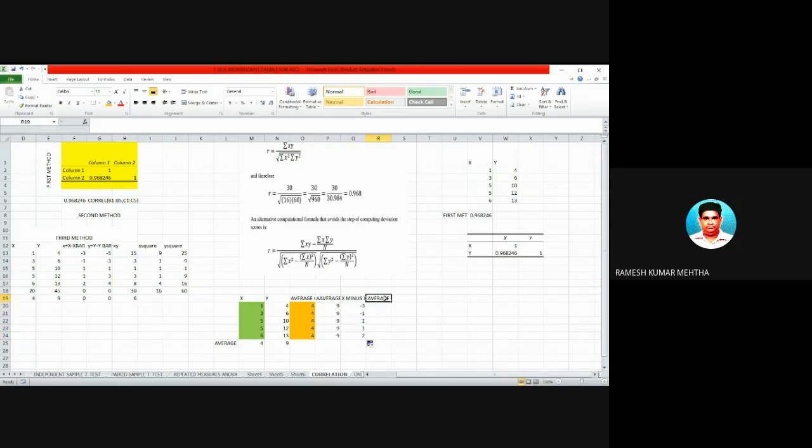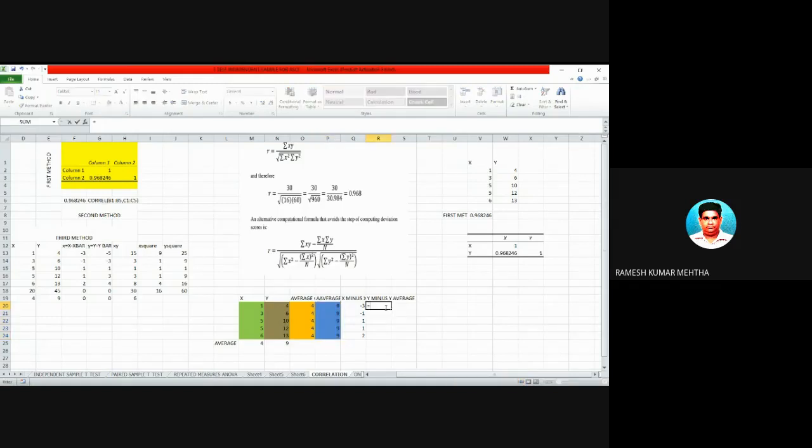Similarly, you have to find out y minus y average. So you got y average as 9. These are the figures, the data of y. This is the y average. From individual items you have to deduct the y average, that is 9.